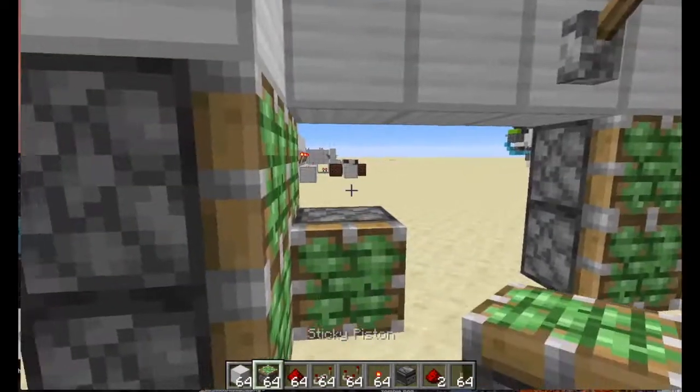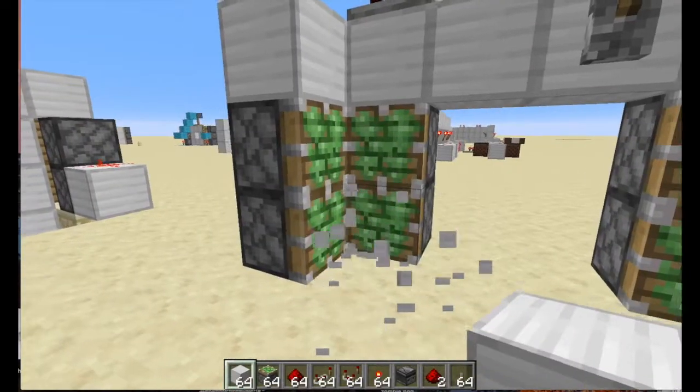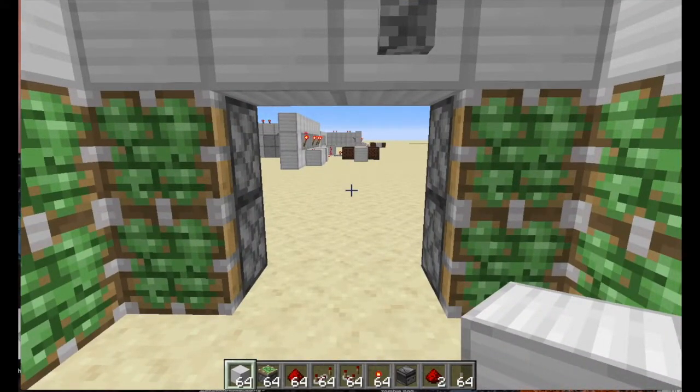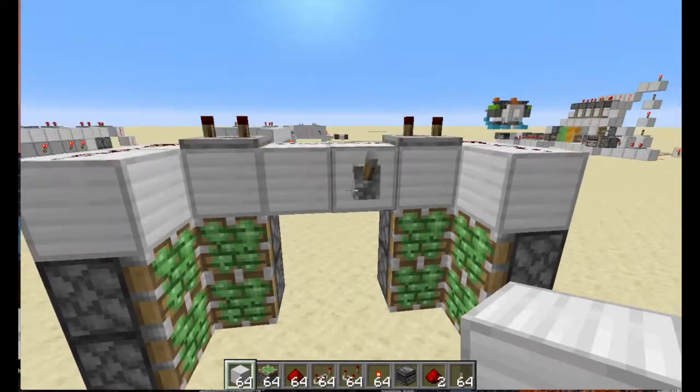And the reason why we need to do this, and we can't just have sticky pistons on the sides, is because we want it to be flush with the wall. So we have to hide away all the pistons. To hide away all of the pistons, we have to push the pistons out to give it a chance to push out the blocks in order to keep the pistons hidden. So when you flick the lever here,